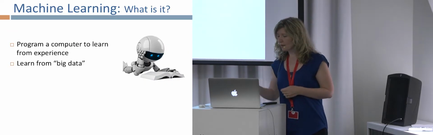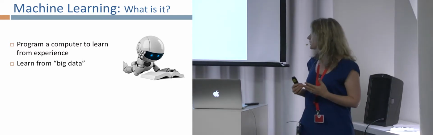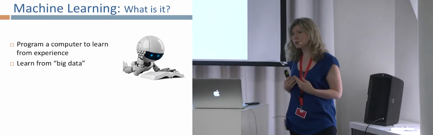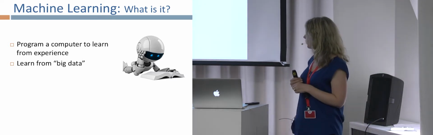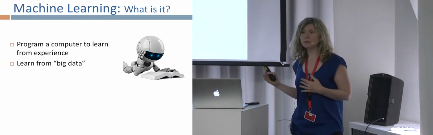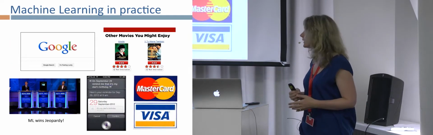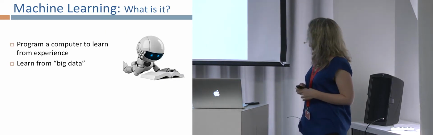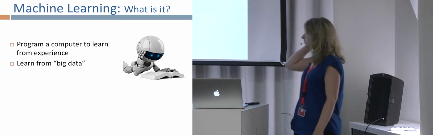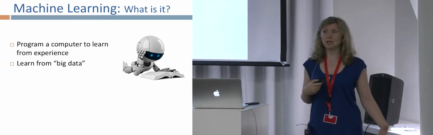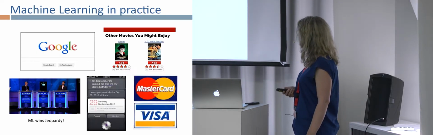So we're not quite there, but the main approach to computer vision that's been successful is to apply machine learning. So what is machine learning? Machine learning is when instead of programming a computer to do something, we program a computer to learn how to do something, and to learn how to do it from data. So you may have heard this term, big data. This just means that the machine is learning from lots and lots of data. In our case, the data will be image data, images and videos.